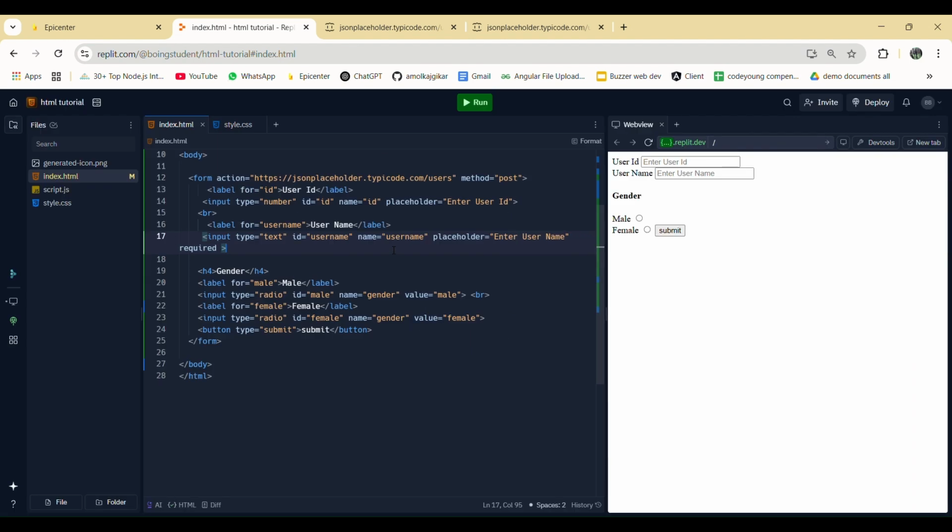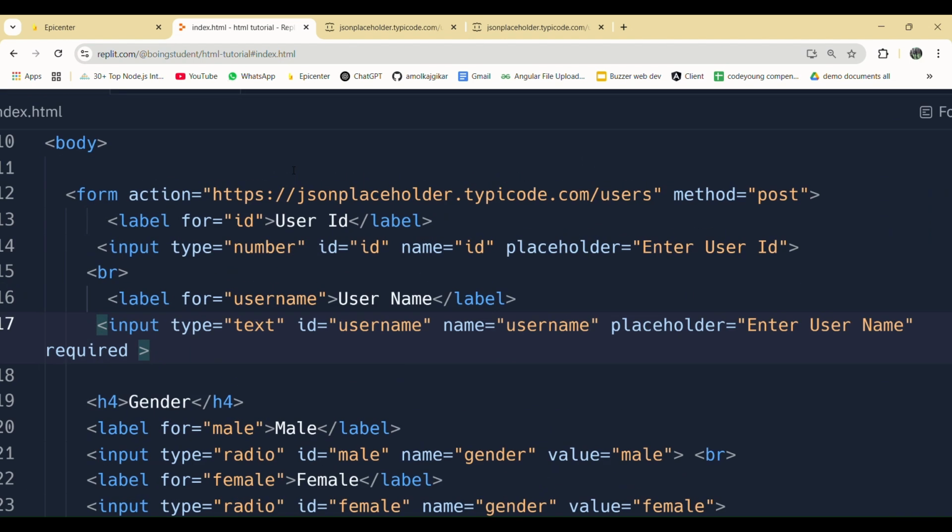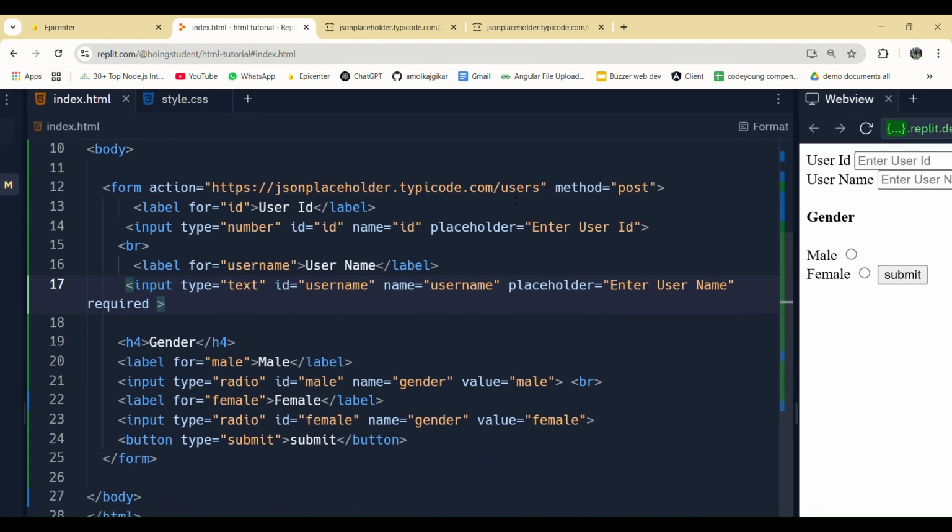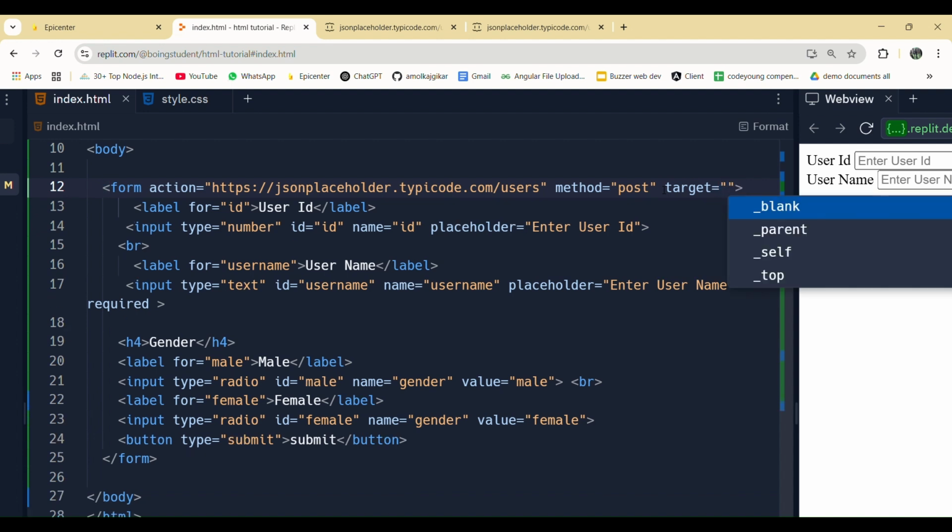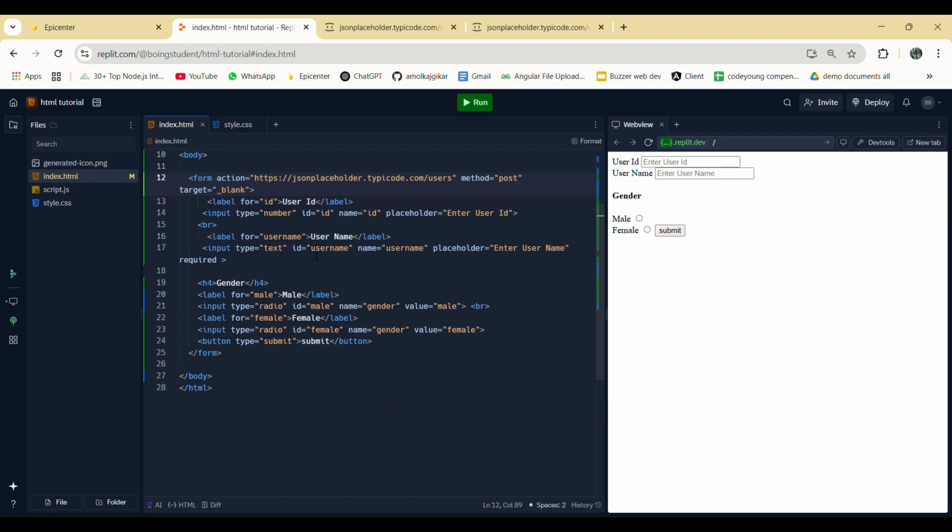The action attribute and the method attribute we talked about. We should also talk about some other things. We got target. Let's talk about this last one. Target is used to decide where the response should open, right?